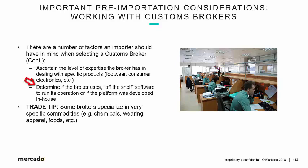Second, determine if the broker uses off-the-shelf software to run its operation or if the platform was developed in-house. There are lots and lots of off-the-shelf programs to use. Some brokers set up their own. Maybe it makes a difference, maybe it doesn't. We want to ask the question anyway. As a trade tip, some brokers specialize in very specific commodities, chemicals, wearing apparel, foods, etc. We need to know who they are and what they do and align their capabilities with our requirements as the